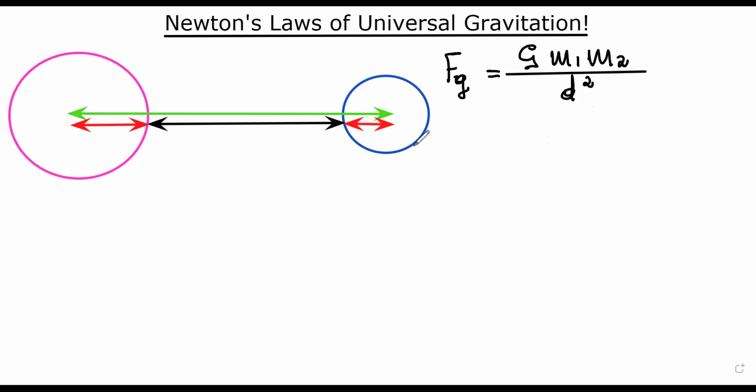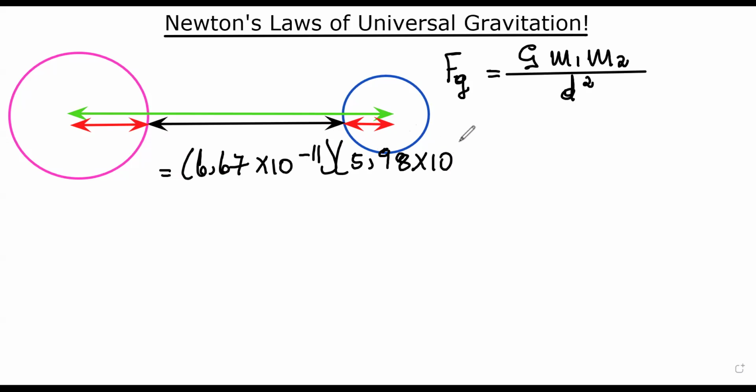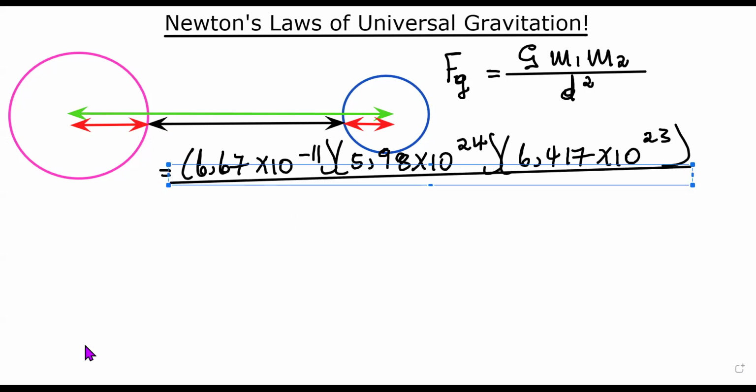So now we say, well, the universal gravitational constant is 6.67 times 10 to the negative 11. The mass of the Earth is this much. And the mass of the planet Mars is given to us as 6.417 times 10 to the power 23. And then we say this entire thing is divided by the square of the distance between their